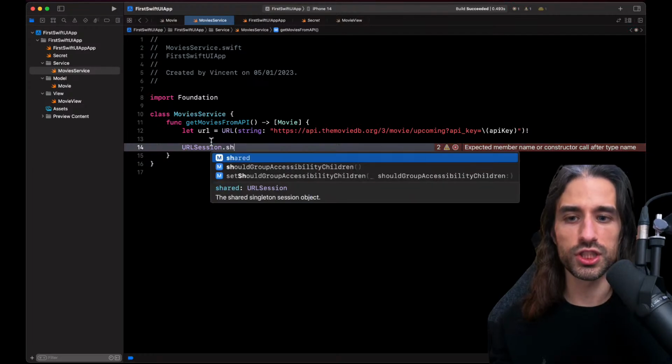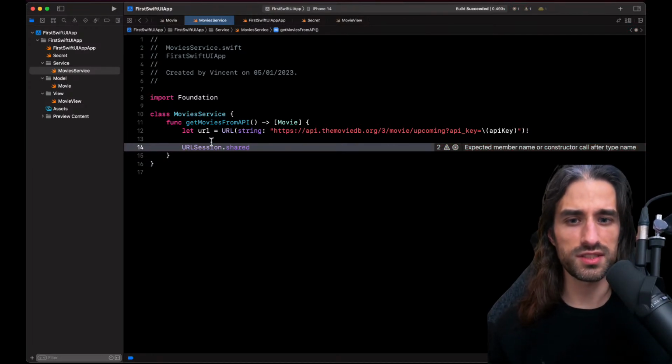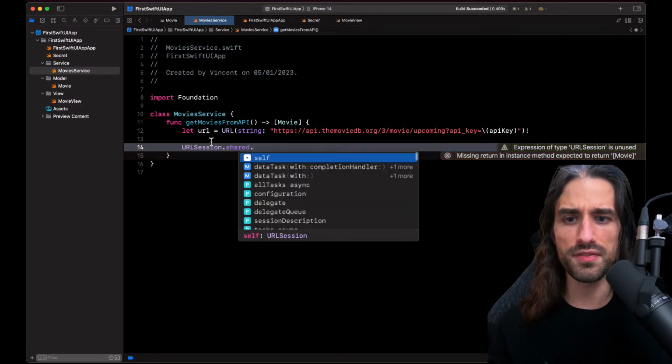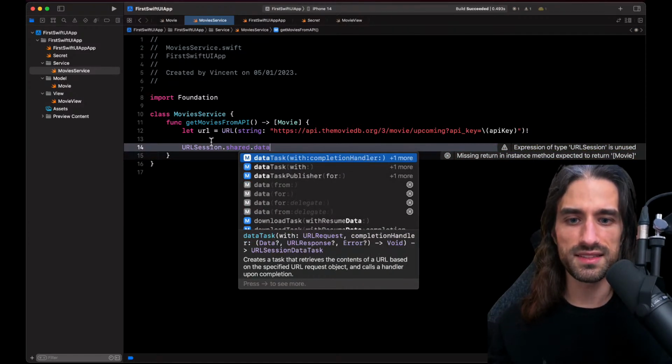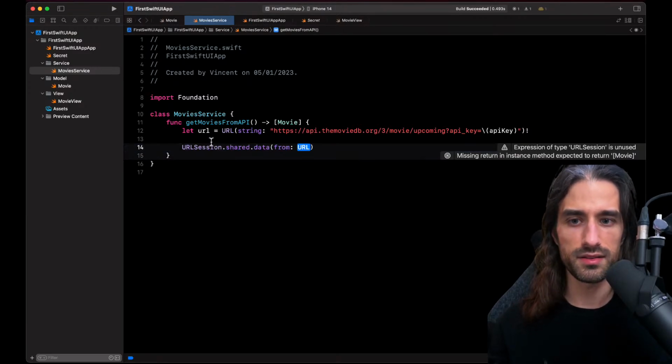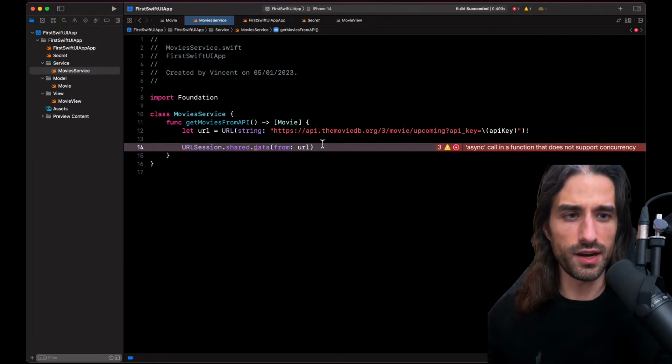I use the shared URLSession, which is a singleton that's available and already pre-configured with some default behavior like a timeout, that kind of thing. And I call a method on it, called data(from:). So I pass the URL as an argument, and I'm going to have a few errors.